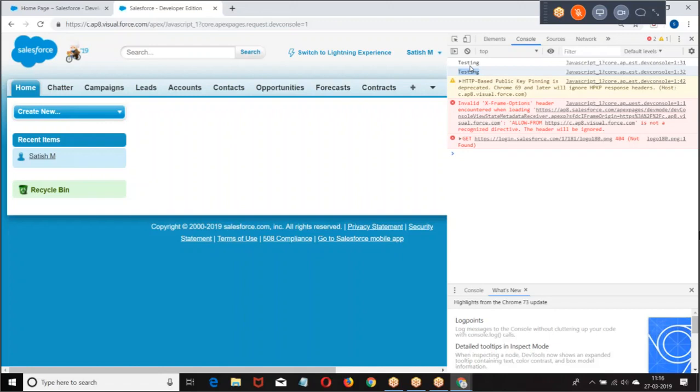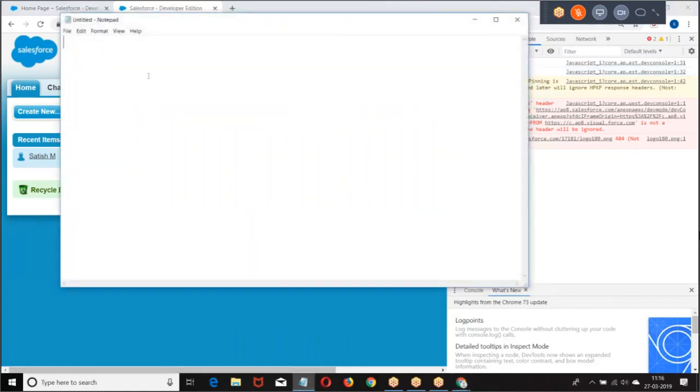Now, how will JavaScript be defined? Any JavaScript will be defined within the script tag. Now, boss, I don't want the script to run when the page loads. I want the action to be performed when I click on a button, when I move the mouse, or when I double click the button. In that case, I will go for events. Now I will go for functions.